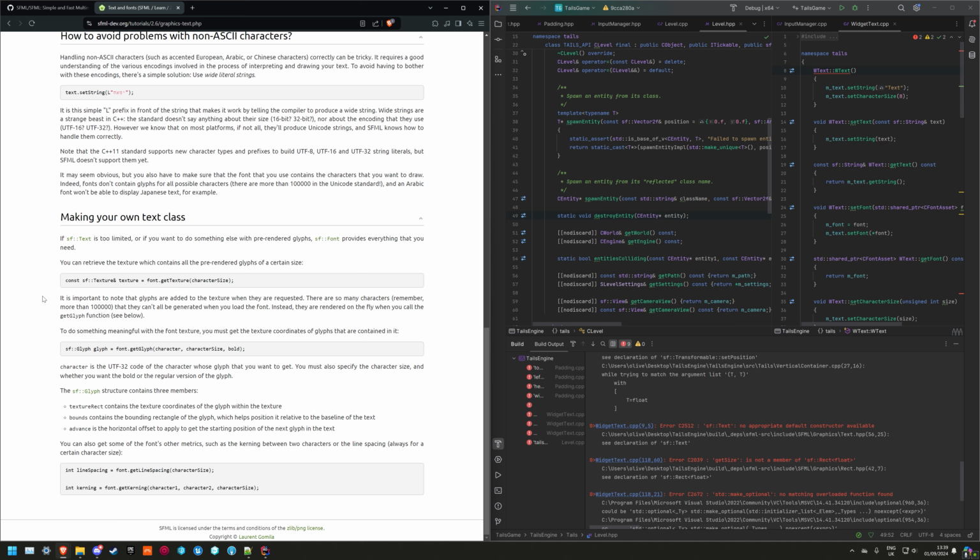Okay, it's important to note that the glyphs are added to the texture when they're requested. There are so many characters that they can't all be generated when you load the font. Instead, they're rendered on the fly with get glyph. To do something meaningful with the font texture, you must get the texture coordinates of the glyphs. So we can get a glyph, the character, the size, and the boldness. The character is the UInt32. Okay, let's